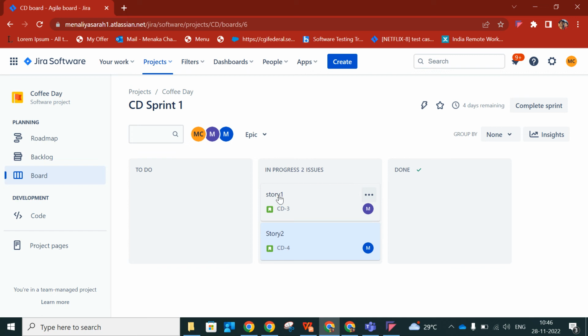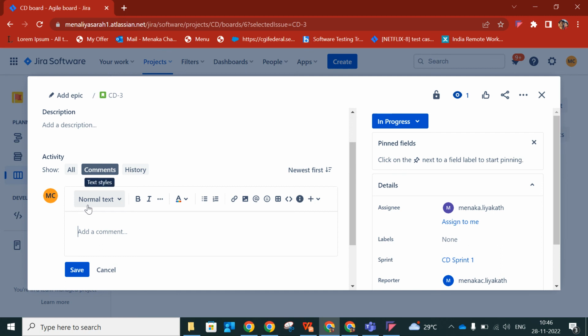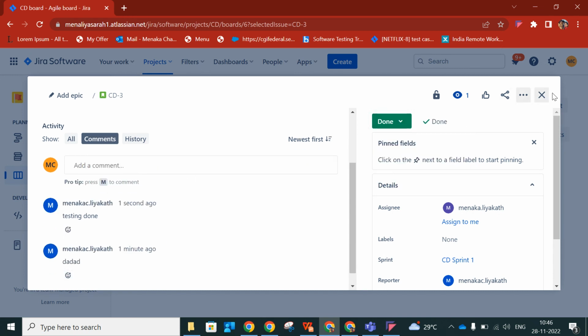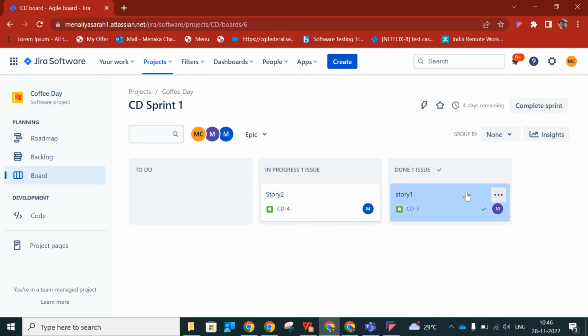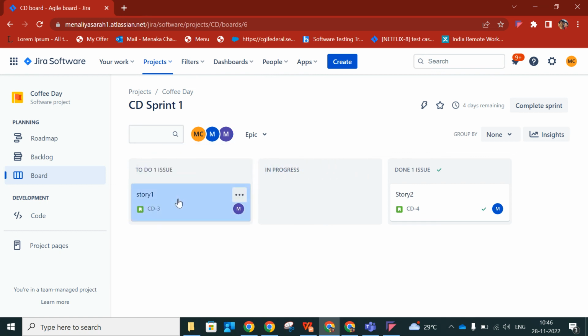Imagine, okay, I'm not showing multiple screens in this system. If the test engineer has completed the testing, he will update the status to done. So now if you see, the story will move from here. Or you can also do it in this way. Suppose you're testing and you see that it has failed. Now what you will do is, you will put it back to the developer itself. You will update the comment with a screenshot and put it back to the developer, and you will also